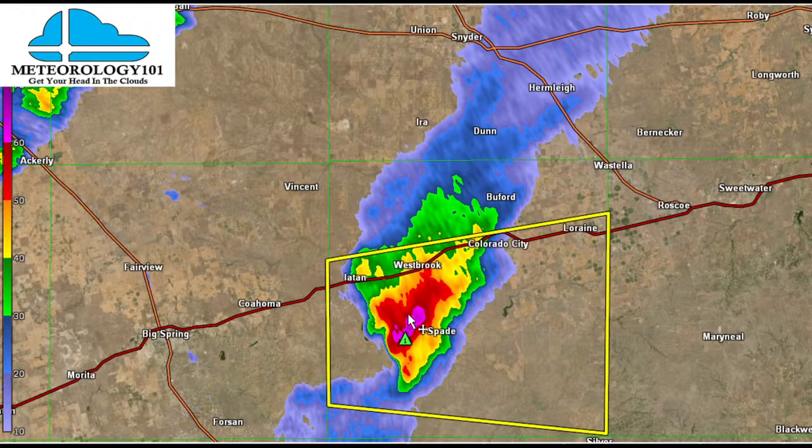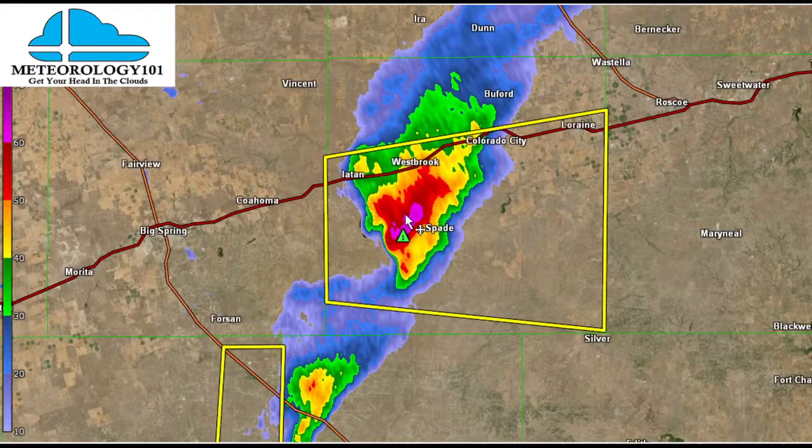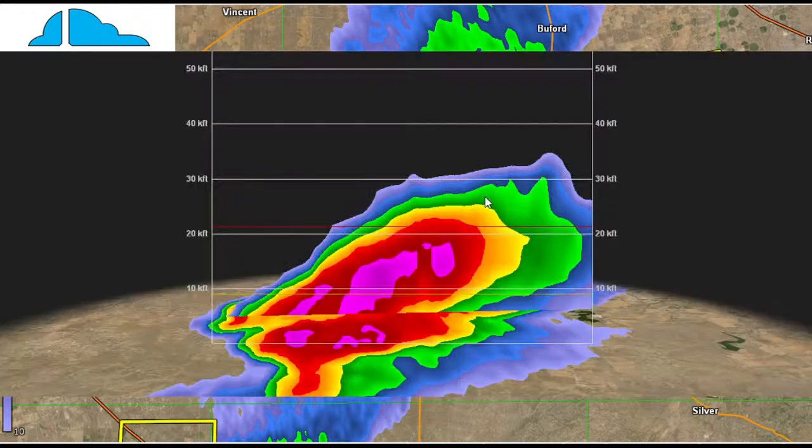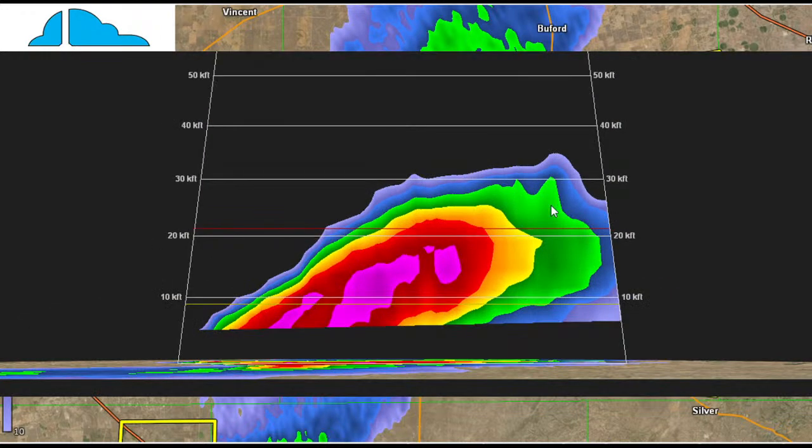So let's do a breakdown on that cell right there. That's the most significant one. We have some pretty high dBZs there, almost 65 dBZ, right there on the base reflectivity. So we do a cross section on that one. Now we're looking at real good tilt on that storm, so definitely in the rights to be calling that one